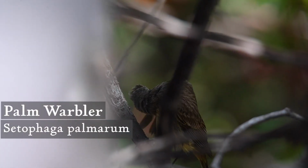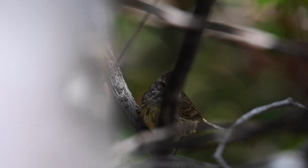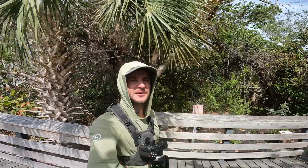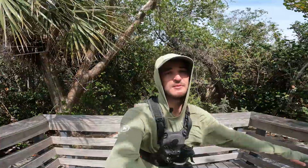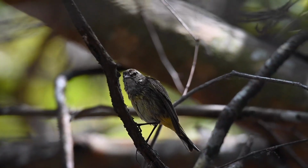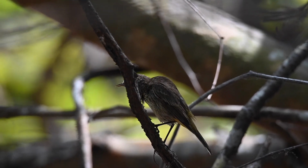Just got to see a beautiful little palm warbler. These guys are a common sight throughout Florida, but really a tremendously wonderful bird to see. Beautiful, usually like a yellow lime undertail covert, and just a stunning bird. It's awesome to get to see so many of them over here. I remember when I was in Texas looking for warblers, we finally got one palm warbler after hunting for hours. And over here you see them all over the place. This one's awesome because he's been washing himself in this flowing shower that people are using after going to the